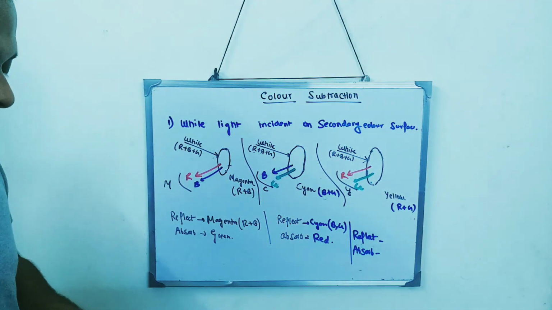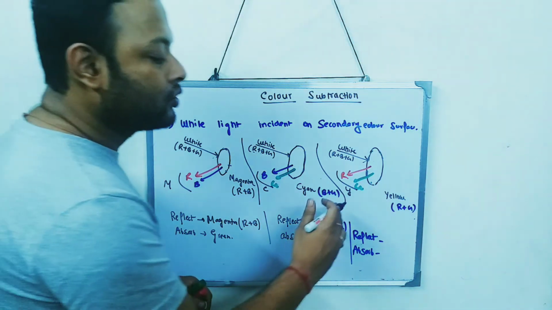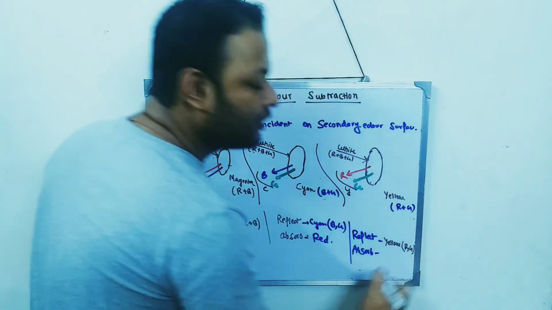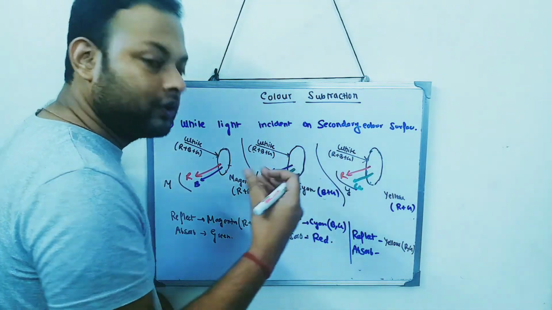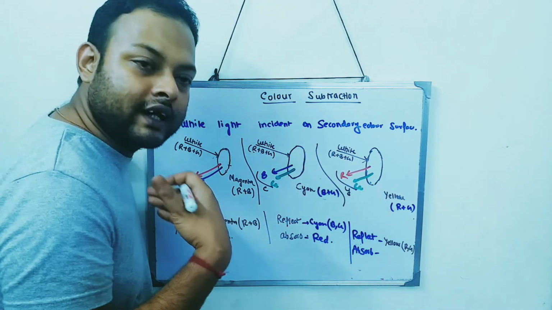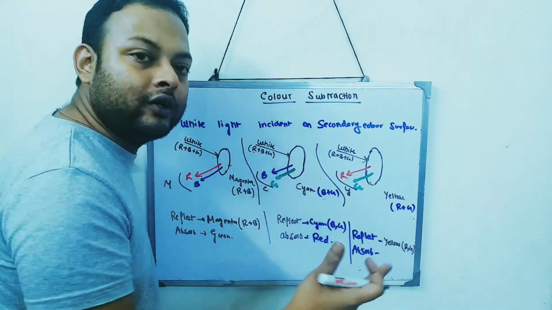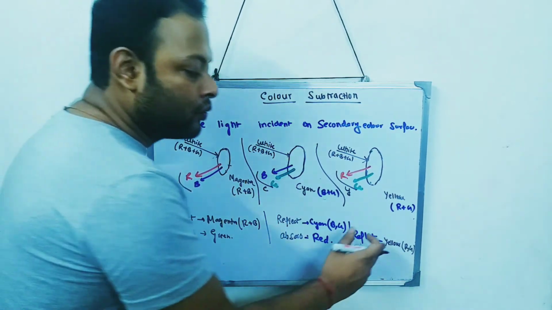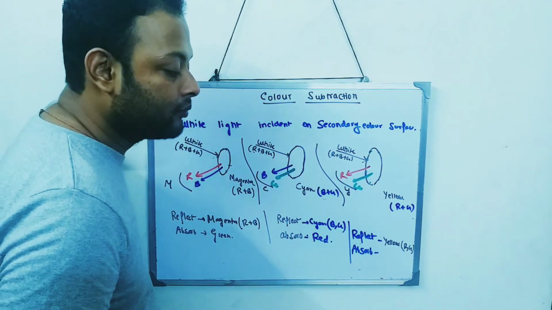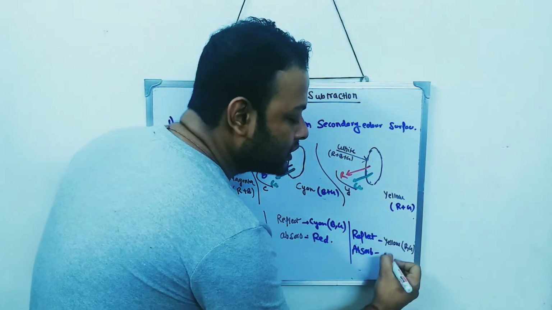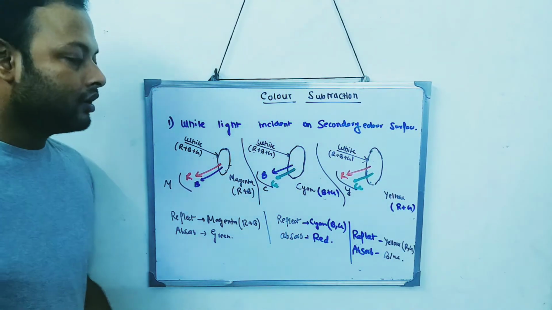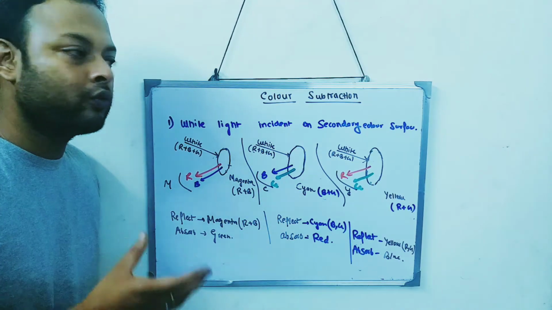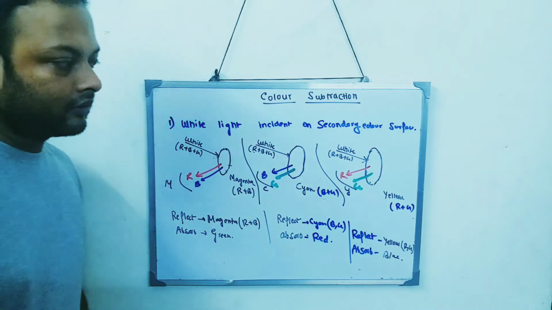So which color is getting absorbed, and which color is getting reflected? The yellow color is getting reflected, which is nothing but a combination of red and green. So I can say red and green are getting reflected, and together, when they combine, they form the yellow color. So the yellow color is getting reflected, and what is getting absorbed? The blue color is getting absorbed. I hope you understood this part: how the colors get absorbed and how the colors get reflected.